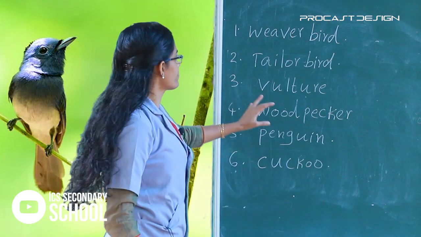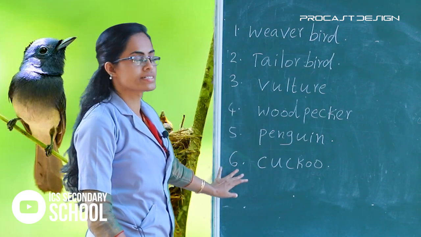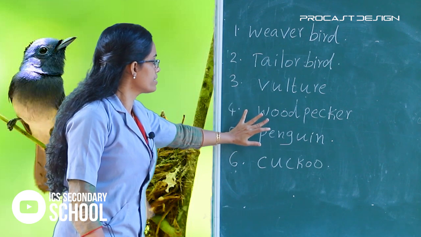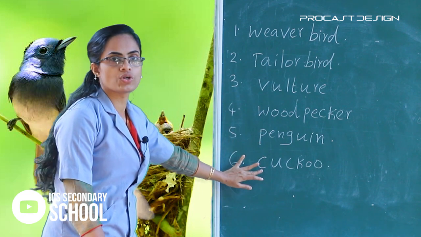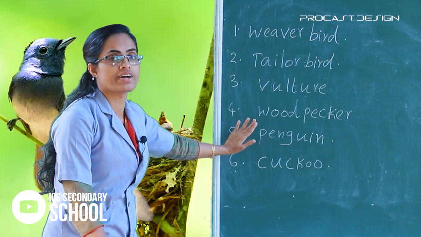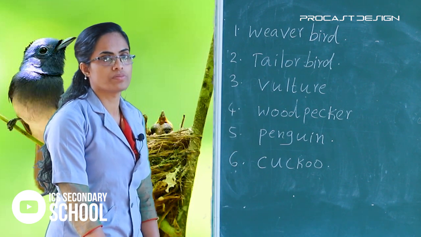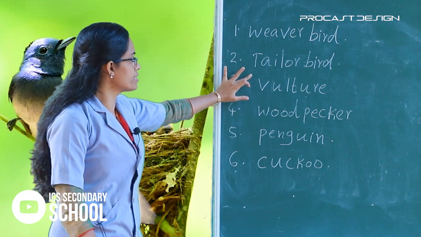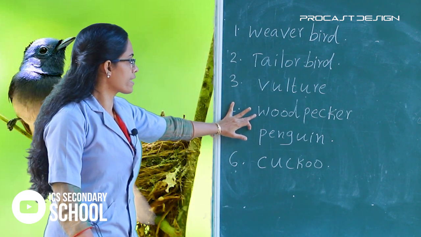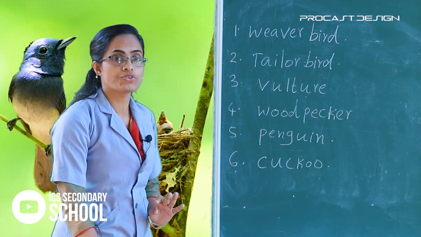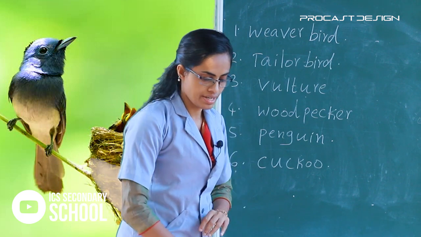Listen here, the different types of birds. The first one, weaver bird, tailor bird, vulture, woodpecker, penguin, cuckoo. Clear? Then all of you study well and write 5 times in your science notebook. Clear? Weaver bird, tailor bird, vulture, woodpecker, penguin, cuckoo. All of you read well. Clear? And the next one,